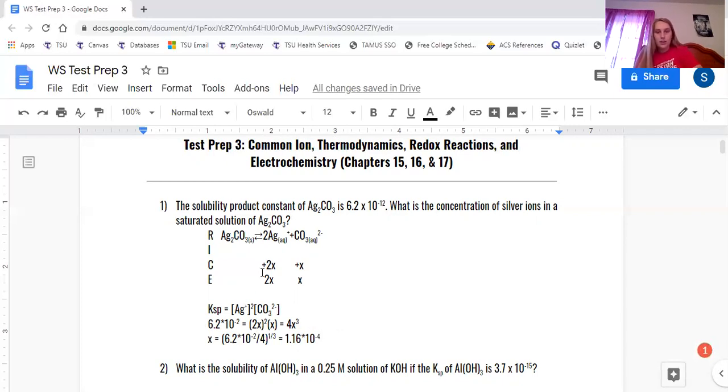So we're trying to find the concentration of our silver ions, which we have right here. And we know x, so we just have to solve that. So whenever we do 2 times this, then we'll find our answer for that. So our concentration of our silver ions